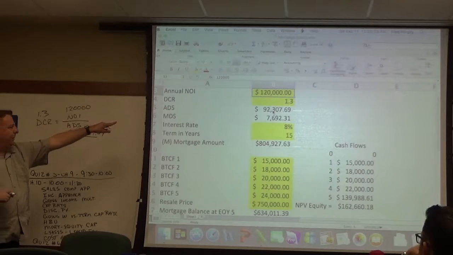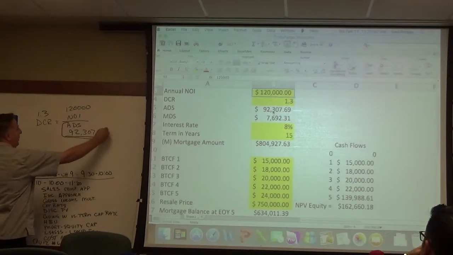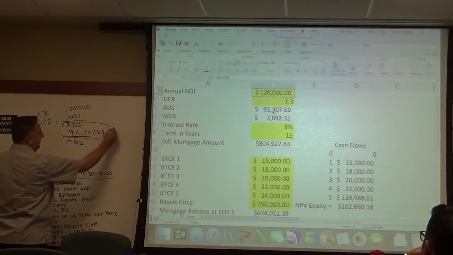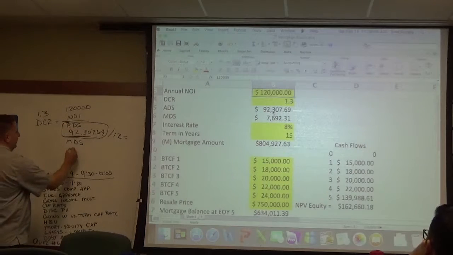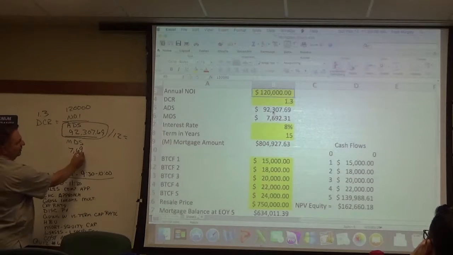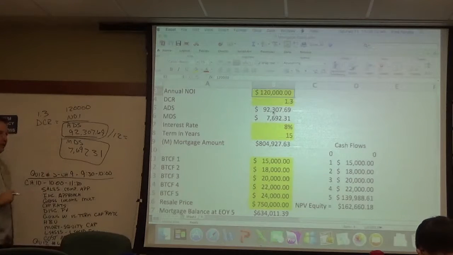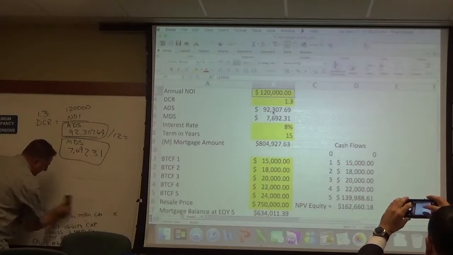Okay. The next piece is the monthly debt service. Well, if this is your annual debt service, then our monthly debt service is this divided by 12, which is going to give us $7,692.31 for the monthly debt service. Okay? Everybody still with me? Okay? Now,